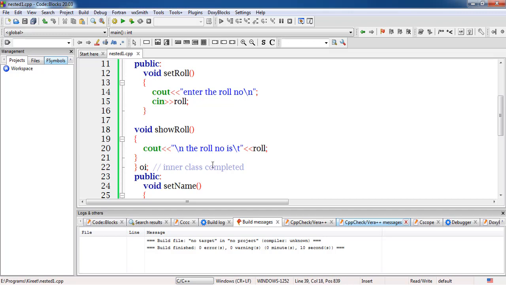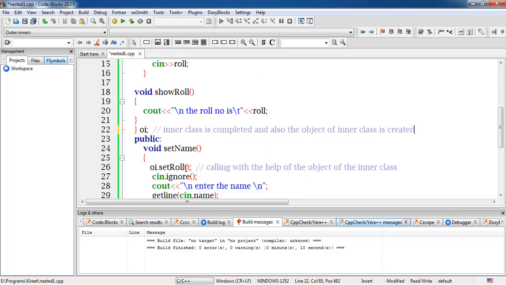So the inner class is completed here, and also the object of the inner class is created. This object is created inside this outer class, and with the help of this object, we will invoke the methods of the inner class.